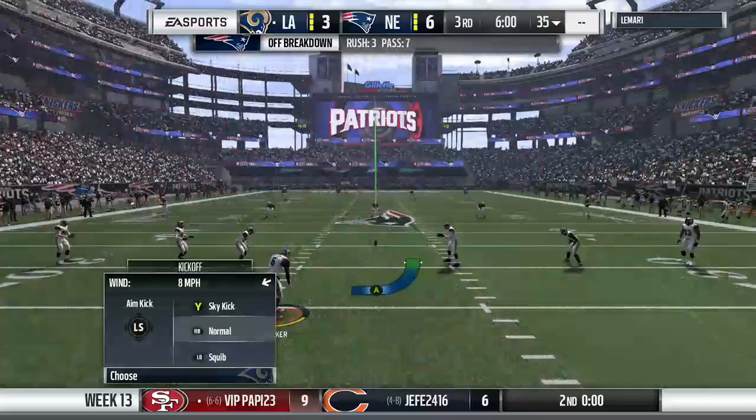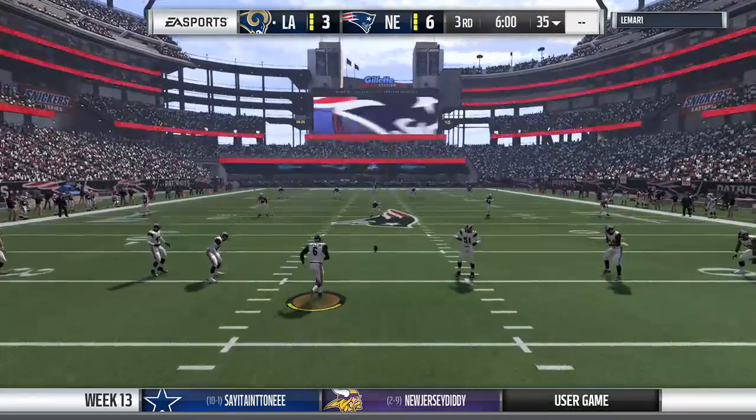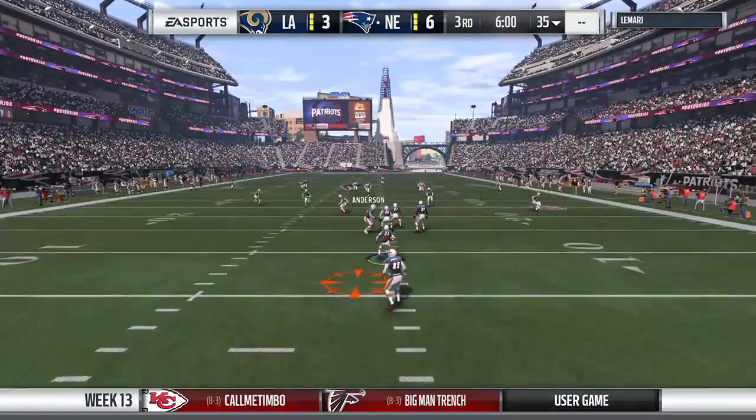As we send you down to Orlando, where we check in with Larry Ridley and our EA Sports Halftime Report. Take it away, Larry. Both teams appear ready for the fight ahead, and we resume action here in quarter number